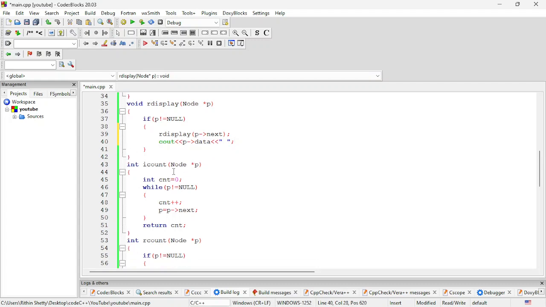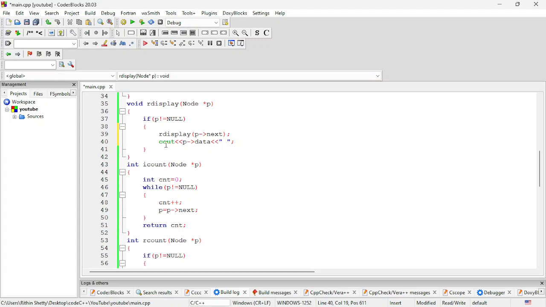That means the calling will happen first, and the recursion will reach the very end just by calling without printing anything. While coming back, while returning, it is going to print. That is how it works. So when it starts to print, it is common sense that it will be printing from backwards. We are printing the data of the node in reverse fashion. So if I run this code,